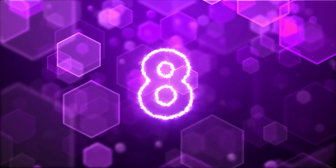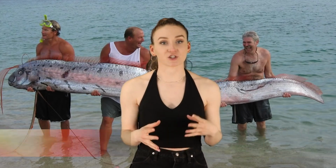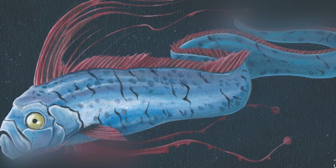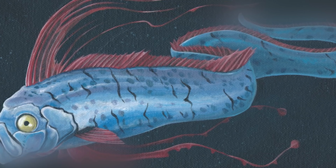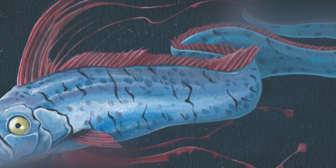In our 8th spot today, we have the giant oarfish. The oarfish is the world's longest bony fish. They can be up to 56 feet, which is 17 meters in length, and they can weigh about 600 pounds, which is 270 kilograms. They also look pretty weird, like they look like a cross between an eel and a fish, but they have